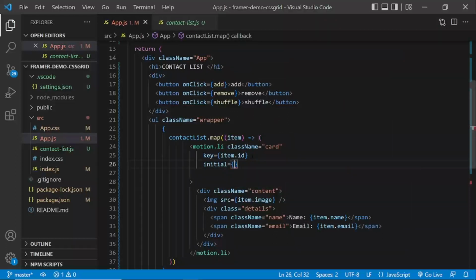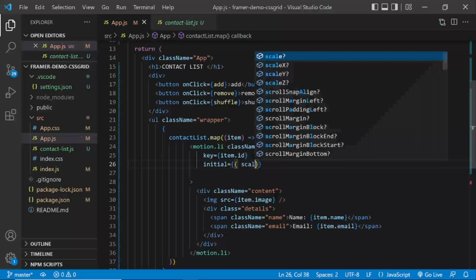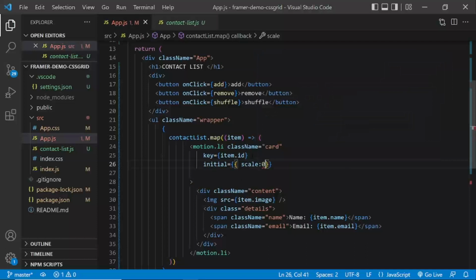So now we have to decide what we're going to animate. We're going to say scale is 0. So it's going to start off at 0, then it's going to grow into its full size.